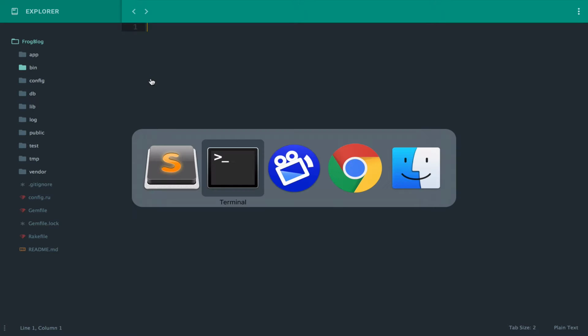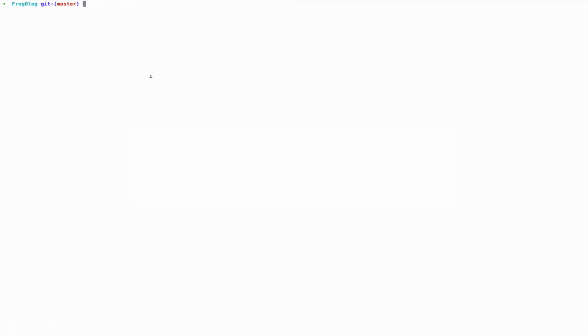To get started, let's jump over to our terminal, and we're going to add a migration to our application. Basically, that means we're going to give our app some instructions so that it knows how to update the database. So we're going to say rails g migration, and we're going to call it add published to posts, and we're going to give it 2 fields, one called published, which is a Boolean, and then another one called published_at,